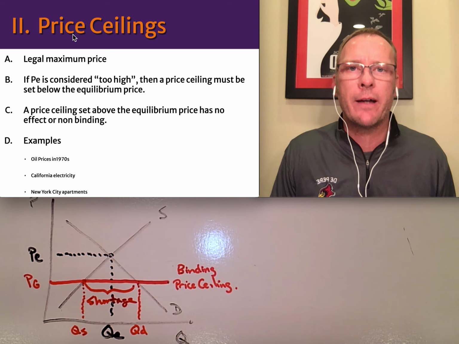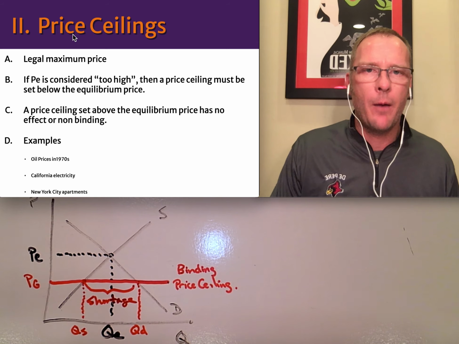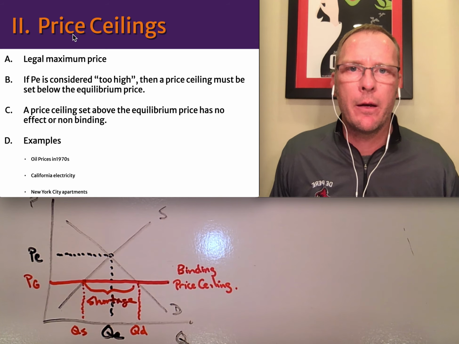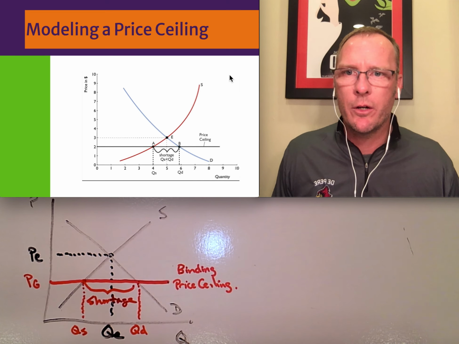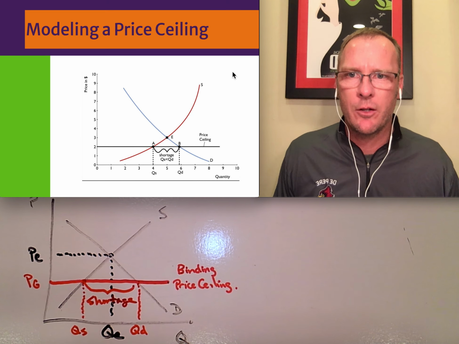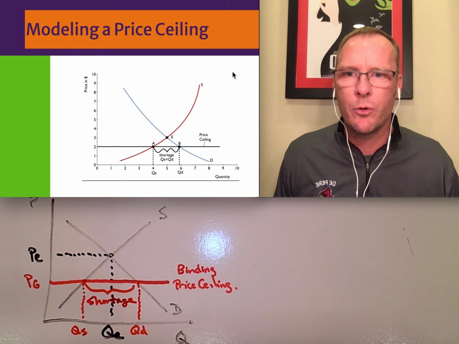It can go into effect, but it would help out a consumer that is looking for something maybe to be a little bit cheaper than what it is when market forces are applied. So here is my supply and demand, there's my price ceiling, there's my shortage on a little graph right there. You can see it's exactly what we drew down below.